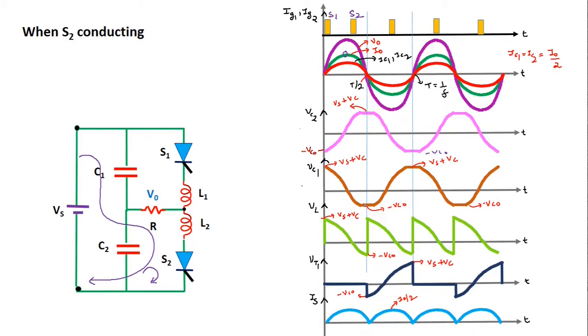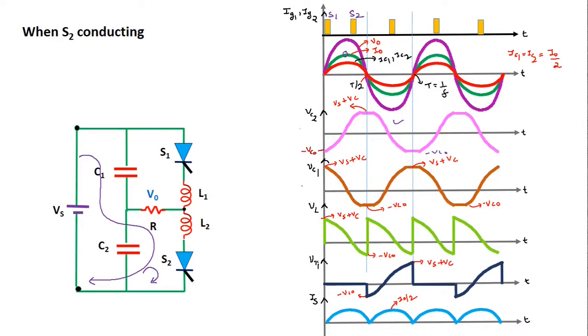Therefore the voltage across the capacitor C2 will decrease towards the minimum value of minus VCO here again, and the voltage across the capacitor 1 VC1 which was initially at the minus VCO value starts increasing towards the maximum value. When this capacitor 2 voltage will decrease, this capacitor 1 voltage will increase towards the positive value. So the polarity of the voltage across the C1 and C2 capacitor both will reverse like this. Now what is happening here? Again the voltage across the capacitor C2 will come across the voltage across the L2 inductor. So now the waveform of the inductor voltage will follow the waveform of the C2 capacitor voltage here, as you can see.